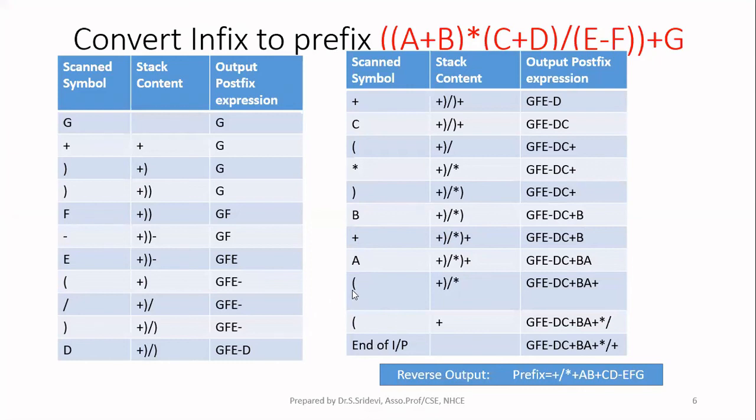And the next character is open parenthesis. When you have open parenthesis, pop all the characters till you encounter one close parenthesis. So first I am popping plus, I am writing at the output. Then I have the close parenthesis. I am popping that also, but not writing at the output. Then I have another open parenthesis. Now again, pop all the characters till you encounter one close parenthesis. So I am popping multiply, writing at the output, pop divide, write at the output, then pop close parenthesis, but don't write at the output.